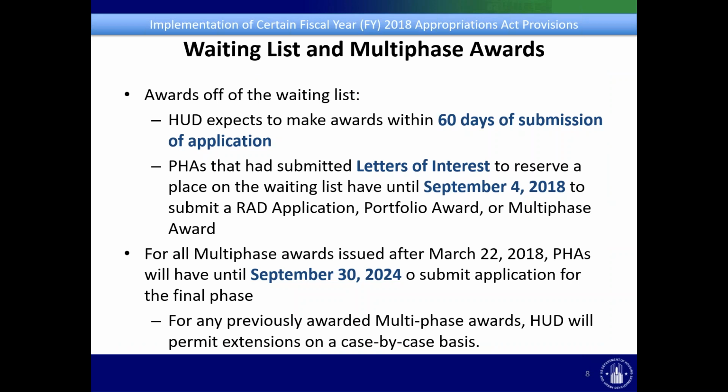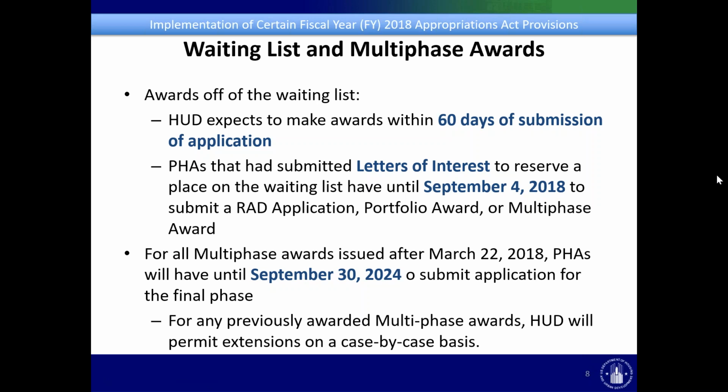We'll move on to a couple of other items dealing with public housing conversions that are addressed in the Federal Register Notice. First, how we're making awards off the waiting list. First, HUD expects to make awards within 60 days of submission of applications. So for a bunch of folks on the waiting list, we have applications. We're well on our way through reviewing them and expect to make those awards